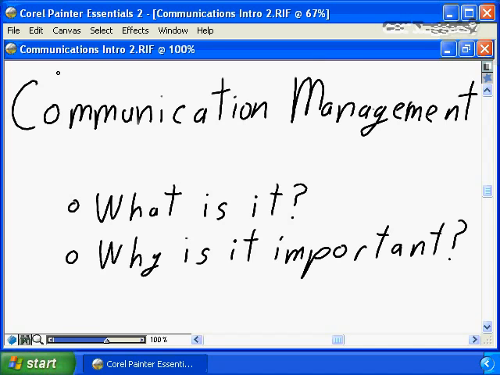Ensuring that the right information is distributed to the right people in the right format in the right time frame ensures that the project participants have the information they need to do their job, they have the information they need to understand overall project status, and they have the information that they need to take actions to ensure overall project success. In this nugget, we will have a detailed look at communications management, what it is, what is involved with